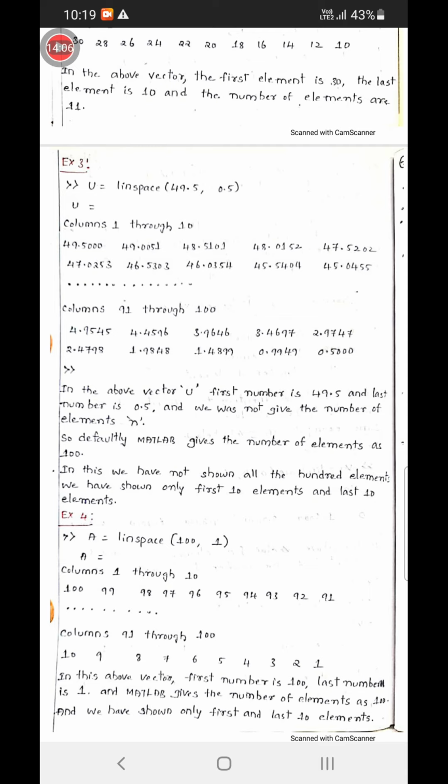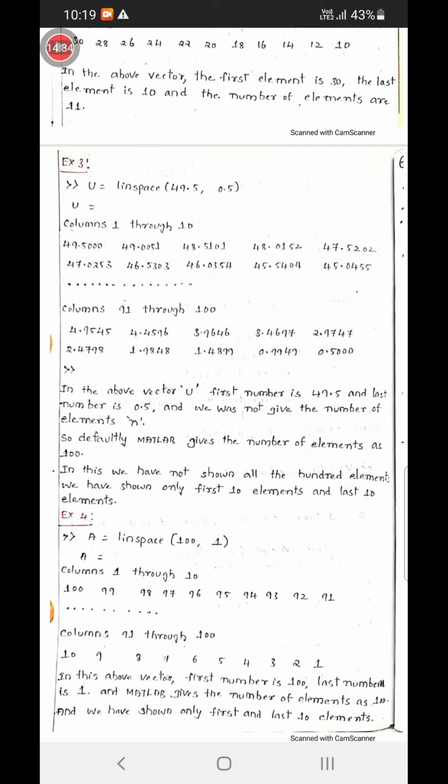So in that case, MATLAB by default takes the number of elements as 100. With this we can understand clearly how it divides this range into 100 elements. What is the range? 100 to 1, this is the range. For this range, MATLAB creates 100 elements.